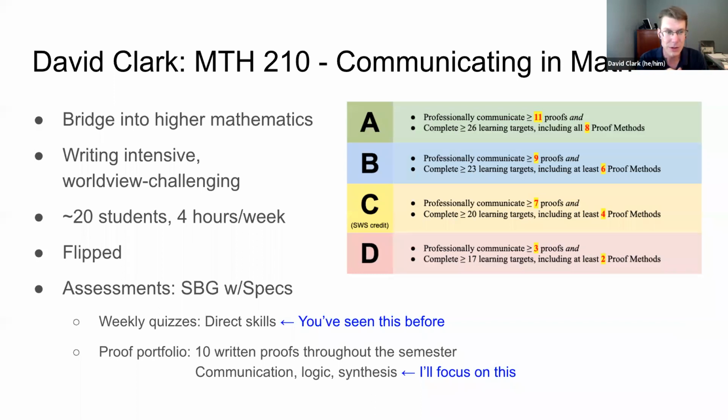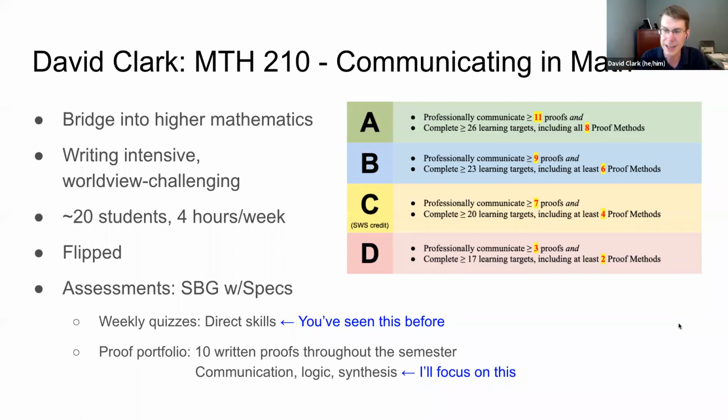The small classes, about 20 students, 4 hours a week. It's flipped. There's an inquiry-based aspect. I am happy to talk about all of these, but I'm not going to focus on it here. What I want to focus on is how this assessment approach works when we want to focus on holistic assessment,